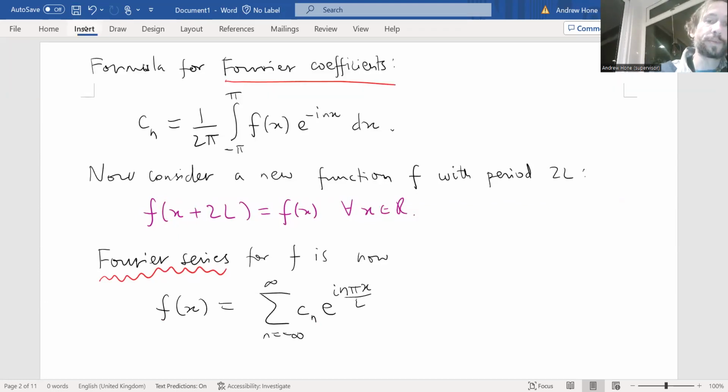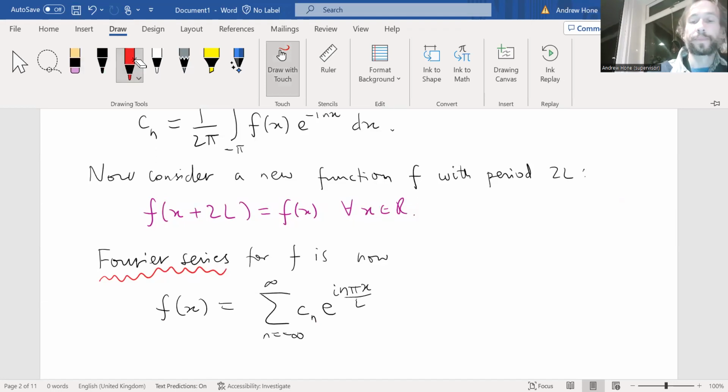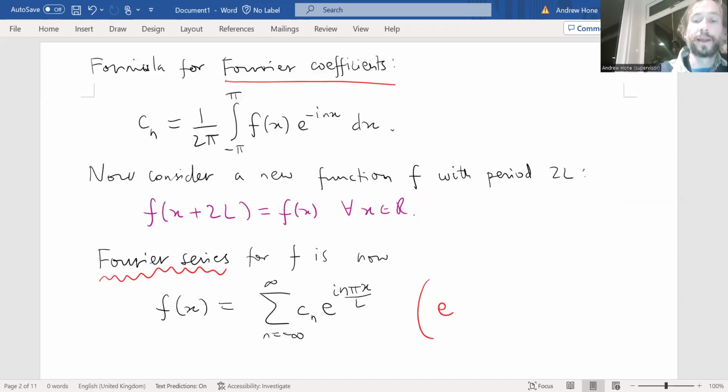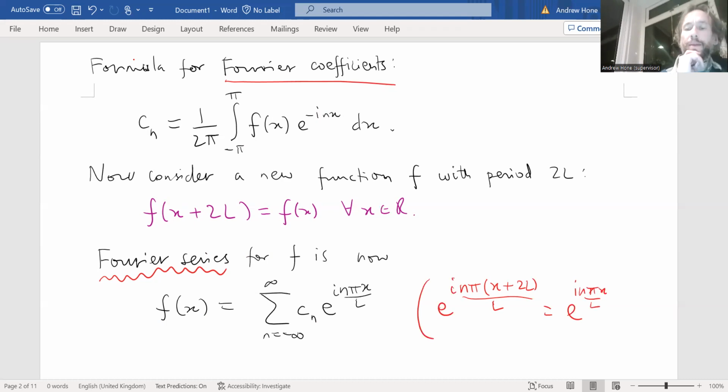So what I'm saying is that if I take e to the i n pi, and then I shift x by 2L inside, so each of these exponentials here, I've shifted x by 2L. And what happens to that? Well, that's equal to e to the i n pi x over L, and then I've added on 2L over L. There's a 2L over L here, so that gives me 2i